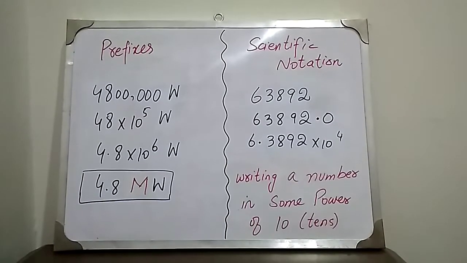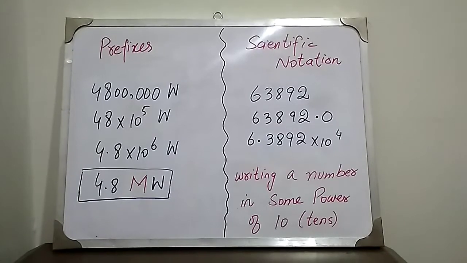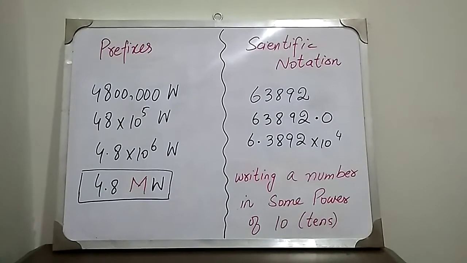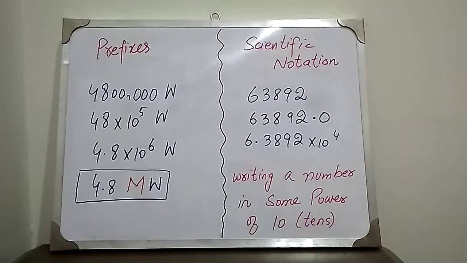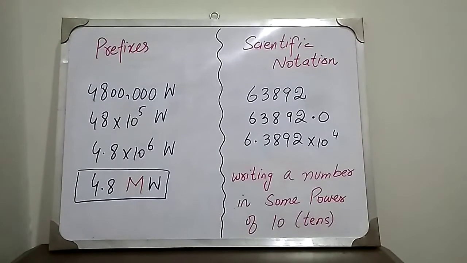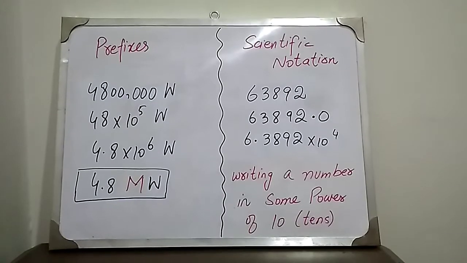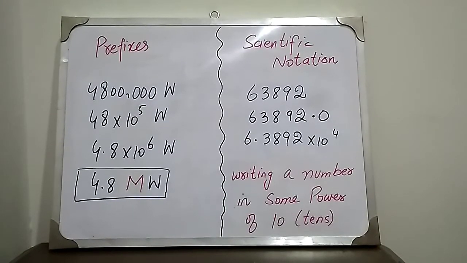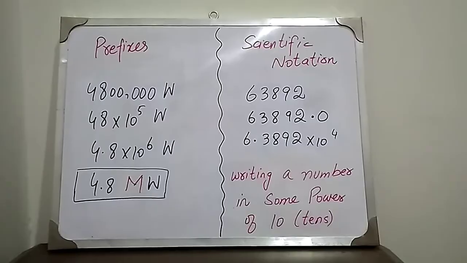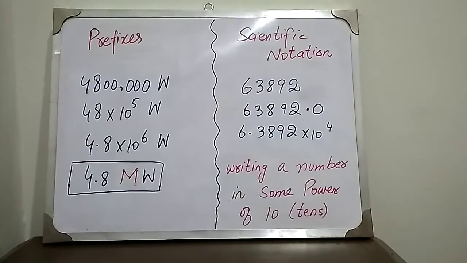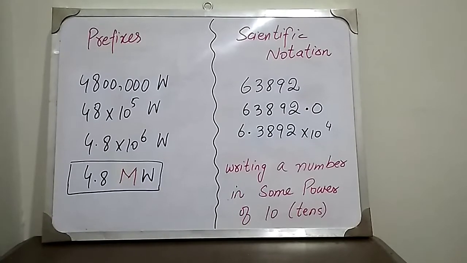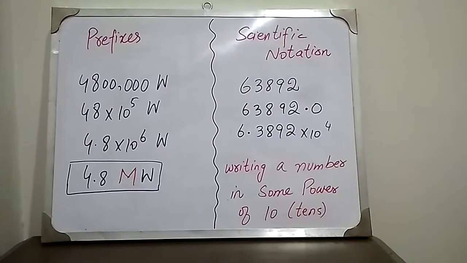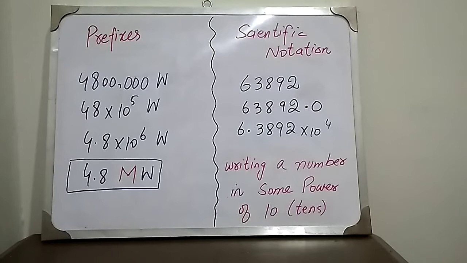So mega is a prefix, and scientific notation is basically writing or explaining a very big quantity or a very small quantity in terms of powers of 10. You're actually writing the number, very big or very small, in terms of 10. For scientific notation, there is no need to write the symbols from the prefixes table. You're just writing the number in some power of 10, like